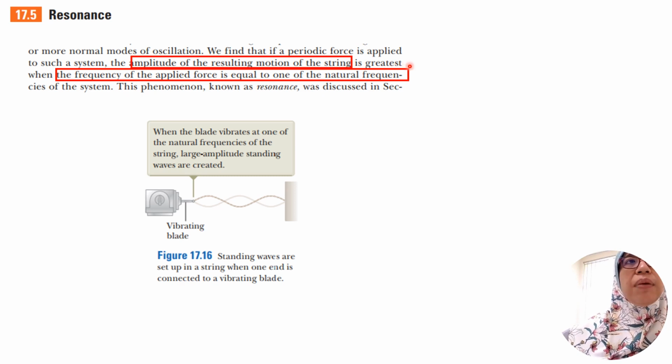Resonance is where the amplitude of the resultant would be the greatest. During this time, what happens is the frequency of the applied force. What it means by frequency of the applied force, just now the string is vibrated due to this device, kotak ni, vibrating blades ni. So the frequency of this device is equal to the natural frequency of this string itself. So this string dia ada frequency dia sendiri. If alat ini vibrates similar to the natural frequency of the string, then only you akan observe